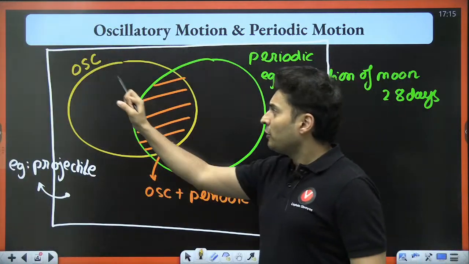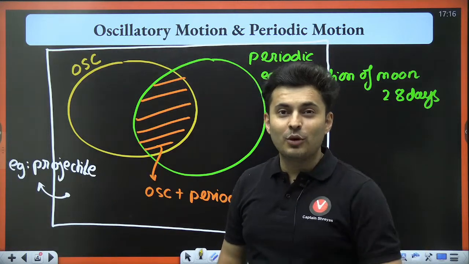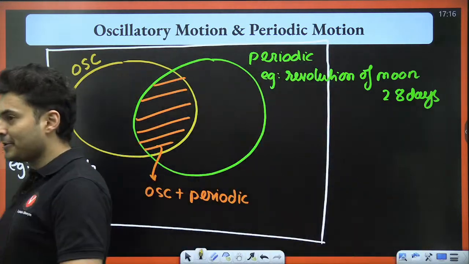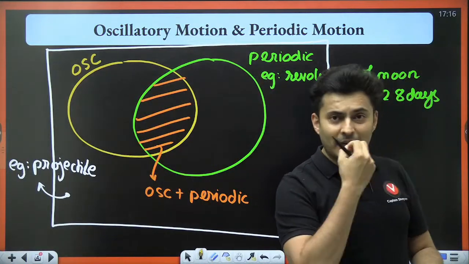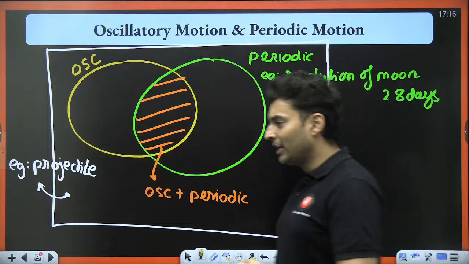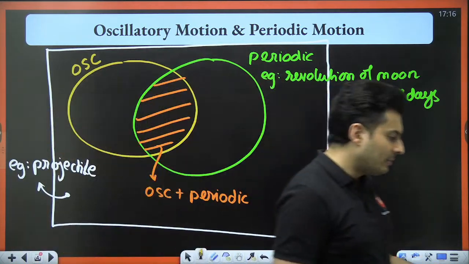Is there an example of just oscillating motion? Definitely. When you're tensed before your exam, you walk like this, then you go like this, then you get something, you'll pick a chips packet, you'll eat something, and then again you'll come back. Then you will remember, oh my god, I forgot this. Okay, let me see this.